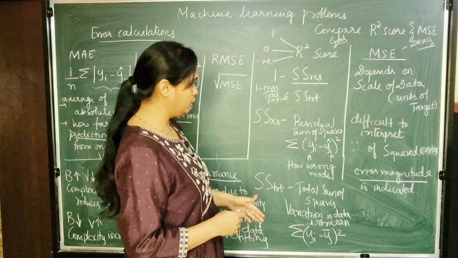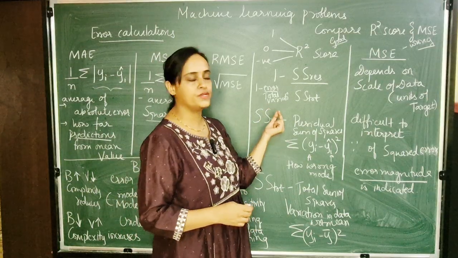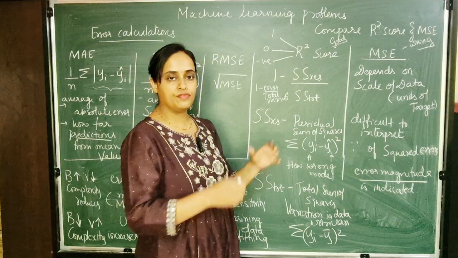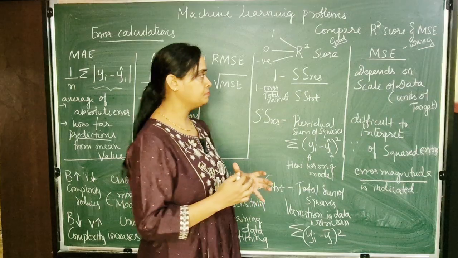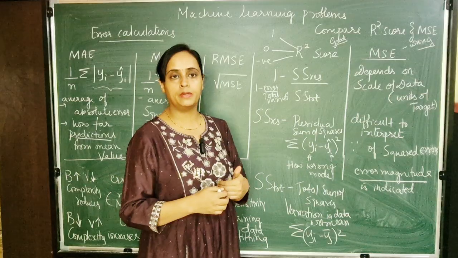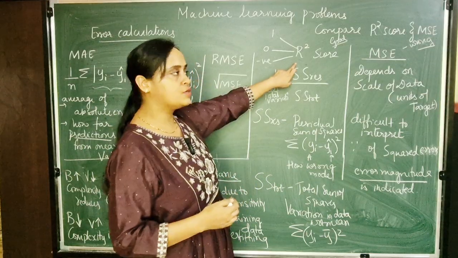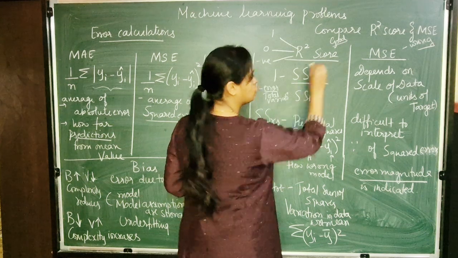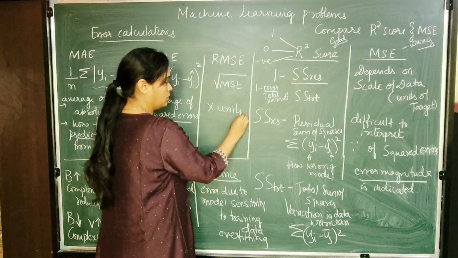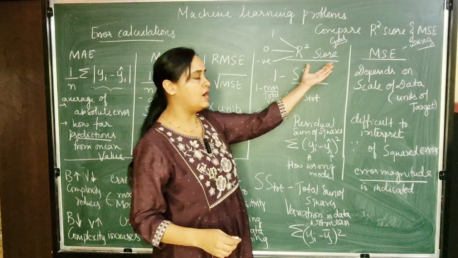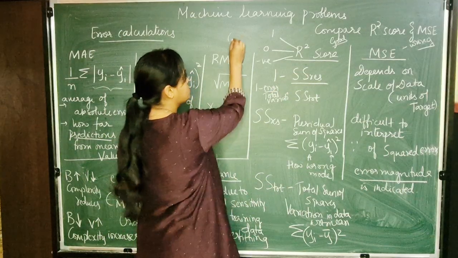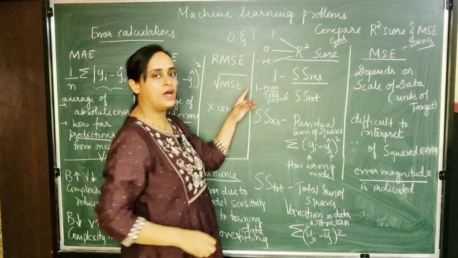Before I explain this, I'll tell you one small difference between R square score and mean square error. Just assume that the data set is marks, or the data set is in rupees, so the unit we are measuring money in is rupees, right? R square scores do not have units. There is no unit for R square. We are only measuring R square between 0 and 1. This is one of the added advantages.